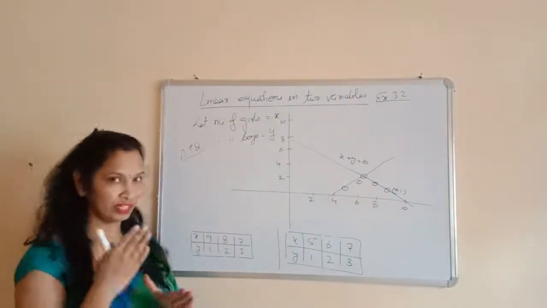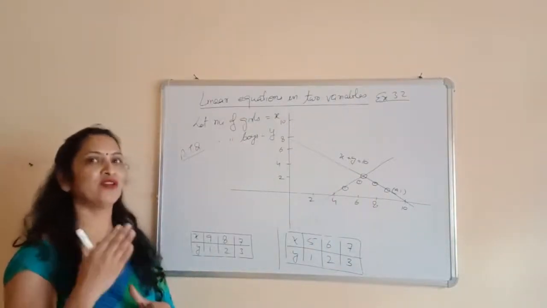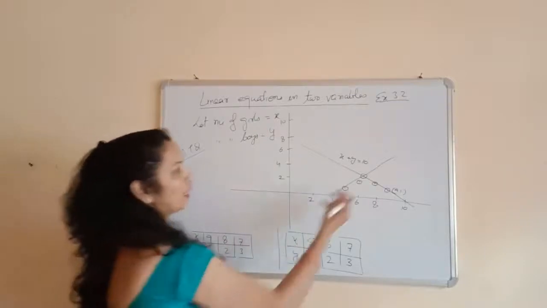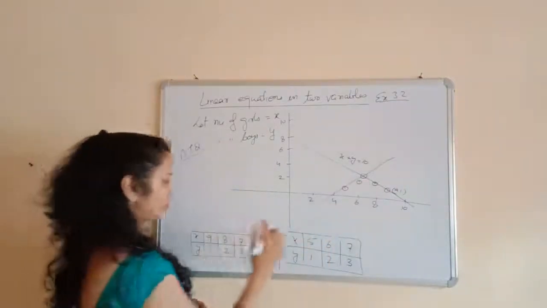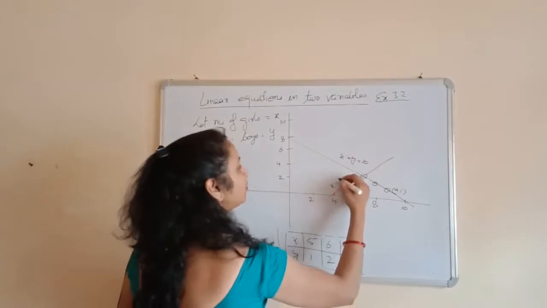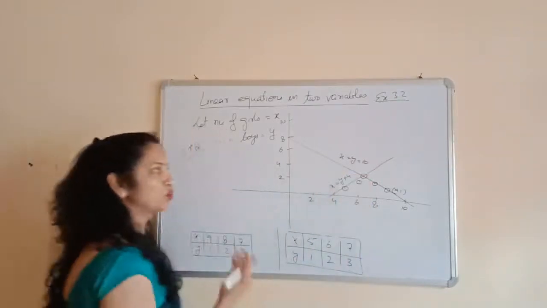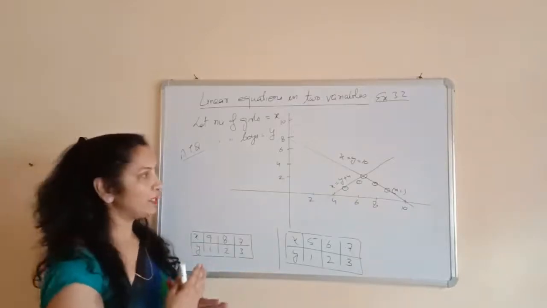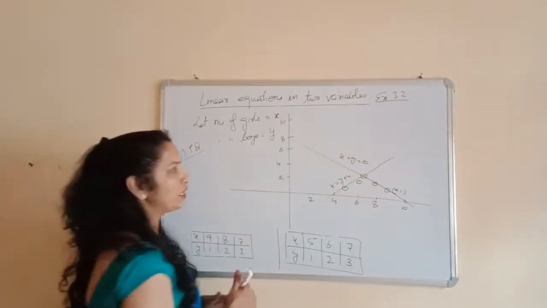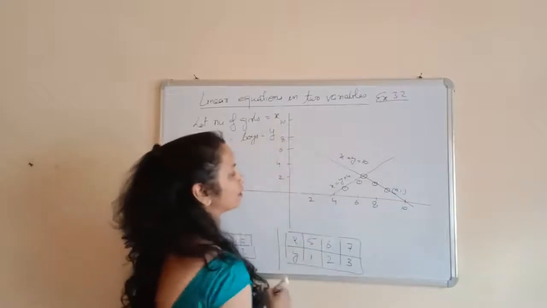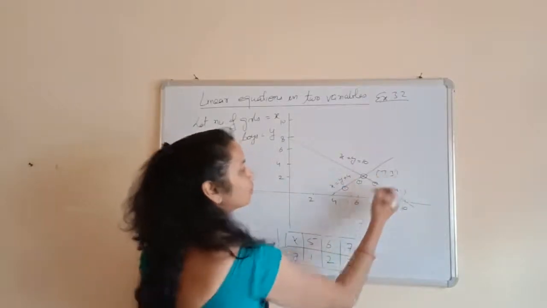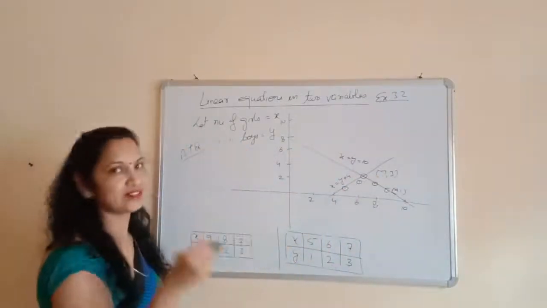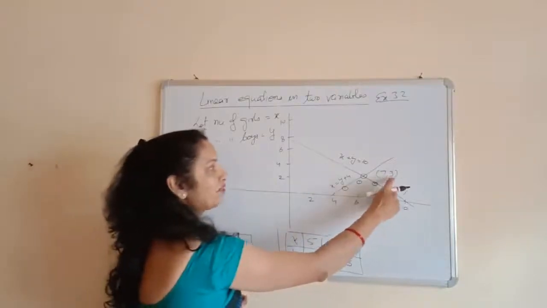So where these two graphs intersect each other, it will be the value of x and y. So again write down the equation with this graph, that is x is equal to y plus 4. So this was the second equation. So where these graphs will meet will be the solution. So both the lines meet at the point 7 and 3. It means this is the value of x and y. X is 7 and y is 3.